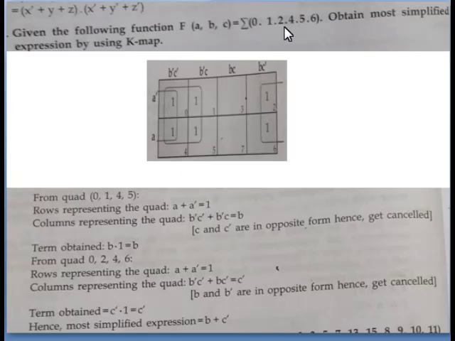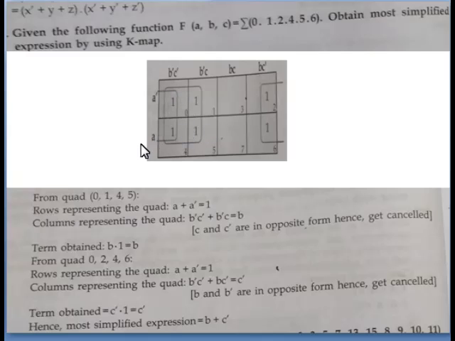Put the ones. Then we are going for the group. First we have to see if there is any way to make an octet grouping of 8 ones. No way. Then we are going for making quads. So these 4 ones first we will join together and a quad we made, and 2 ones are left here. By rolling the map and sharing these ones, we are able to make the next quad.